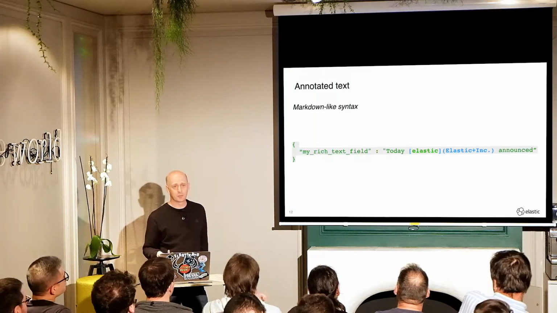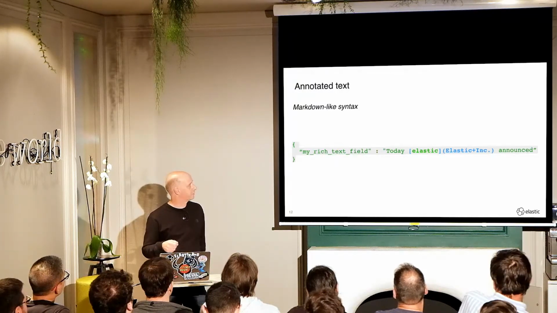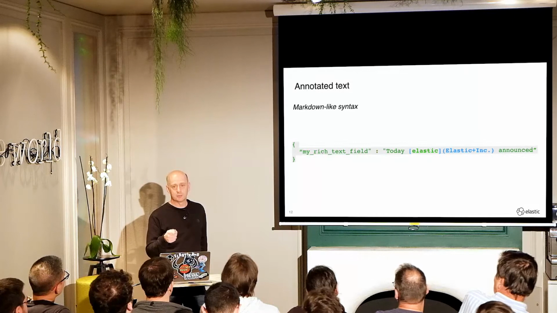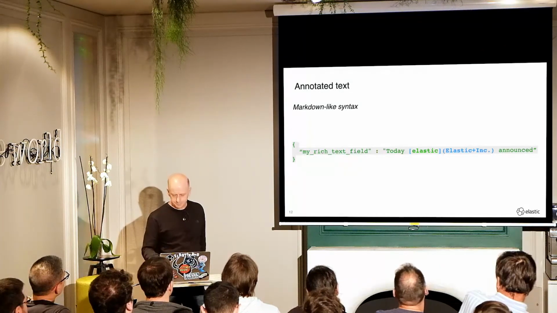And you might do a similar thing with Apple. So you might mention the fact that the word Apple in this document doesn't mean the apple you eat, it means Apple the company. So this syntax, what you put in the round brackets, can be anything you like, and it ends up in the search index. And you can put multiple things in here. So you can have, for example, our stock ticker could also be a part of that annotation there.